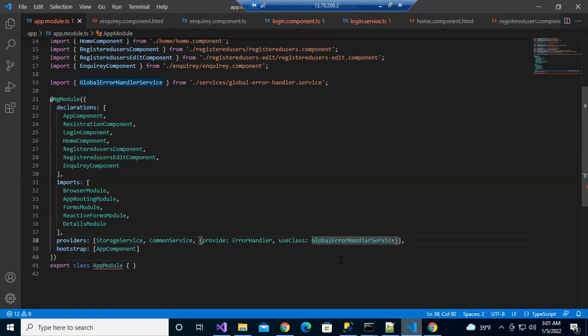Custom means user created, user defined, custom or created. Everything is the same. Replication of the newly created file. Map created error service to error handler by using the above syntax.